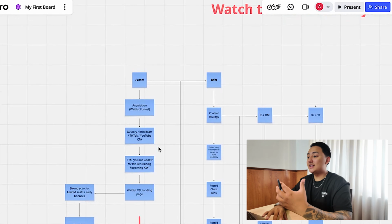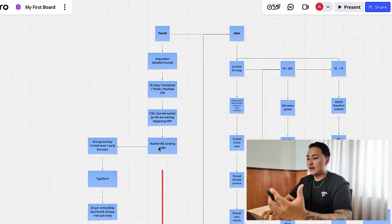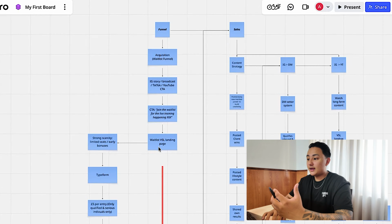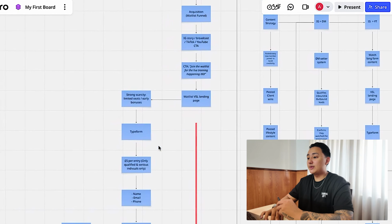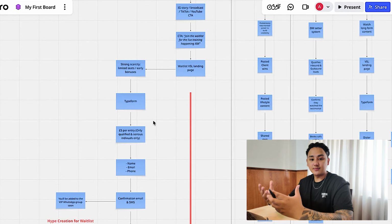Okay, so once they did join the waitlist, then they get taken on to the VSL landing page. Okay, from there, we try to build as much scarcity as we can, limited seats and early bonuses for those that do enter early as well, free resources, for example. And after we try to build as much scarcity as we can, we essentially get them to fill out a typeform, just to qualify them more, just to make sure that we're only getting serious people on our webinar,